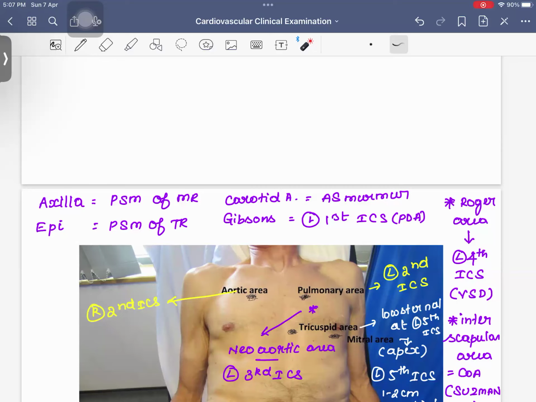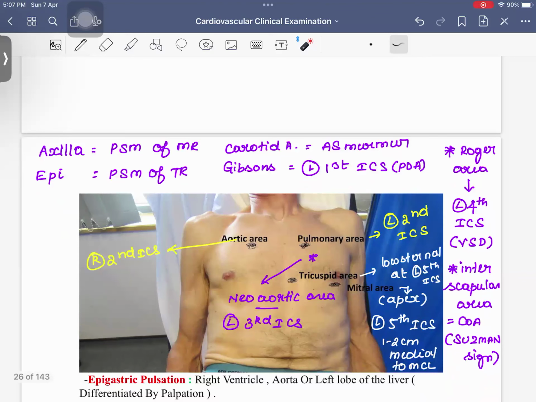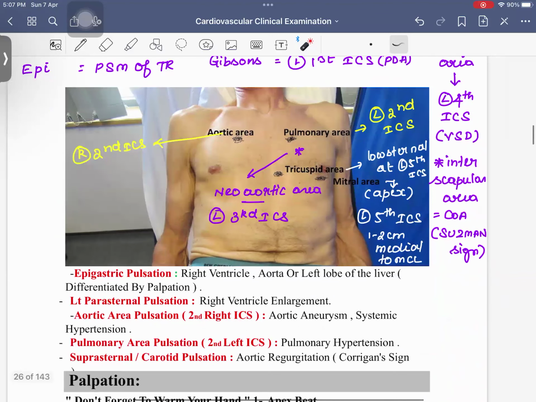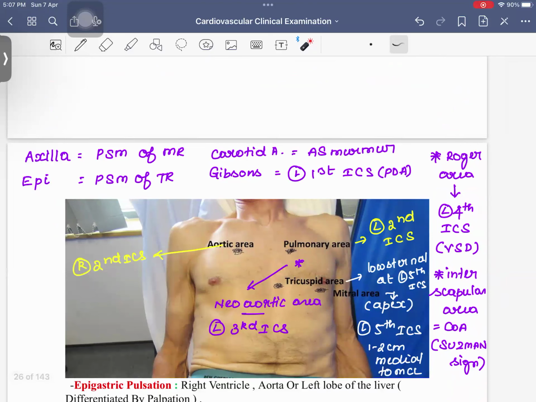Okay. So coming to the next part of our discussion, we're going to go into a very important thing in auscultation, which is the areas of auscultation. Okay. So if you take areas of auscultation,